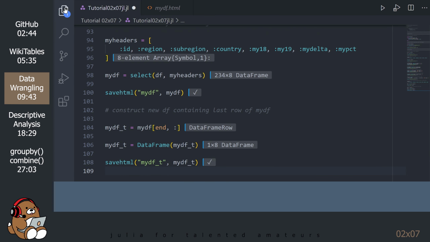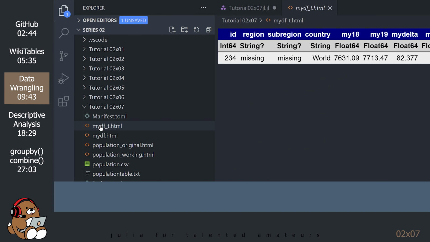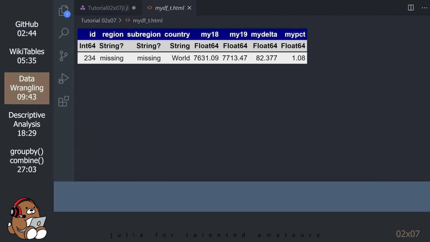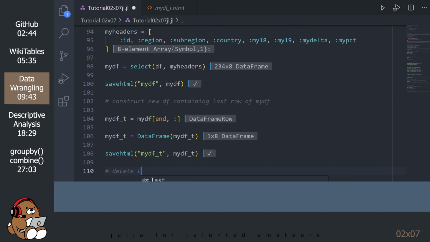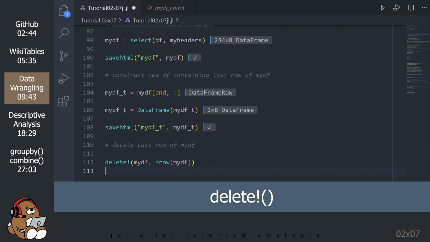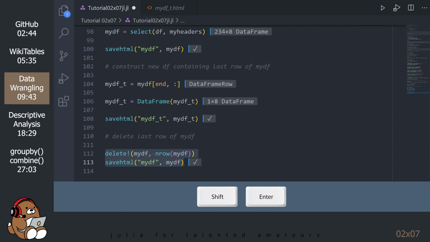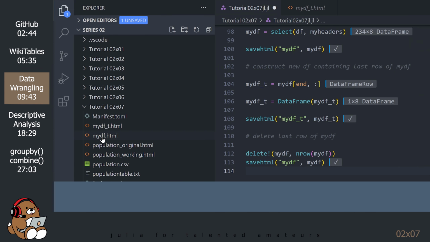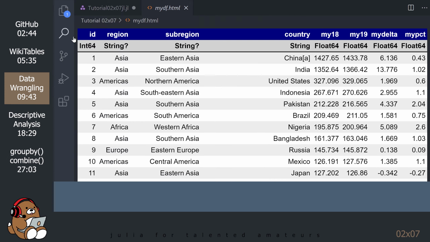Open the Explorer panel and click on the new HTML file. Finally, let's delete that last row from MyDF. Click on the mydf.html file and confirm that the last row has been deleted.